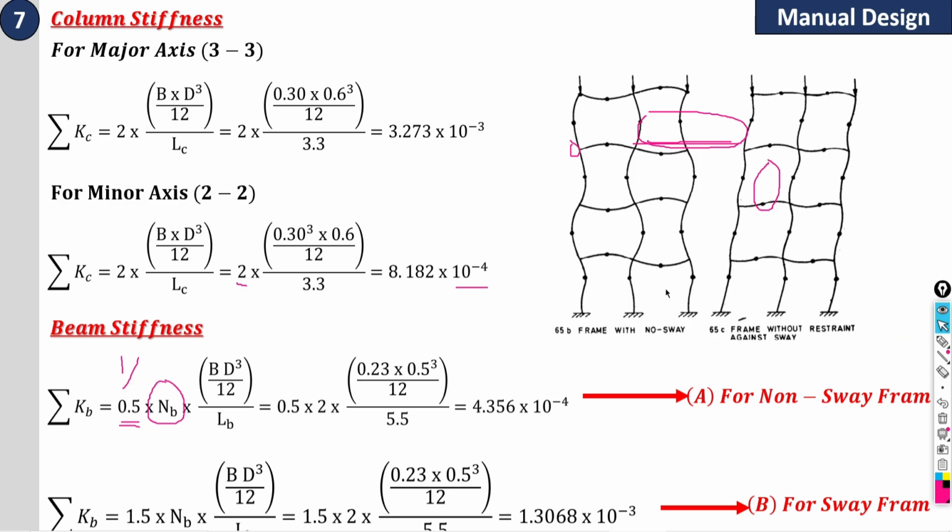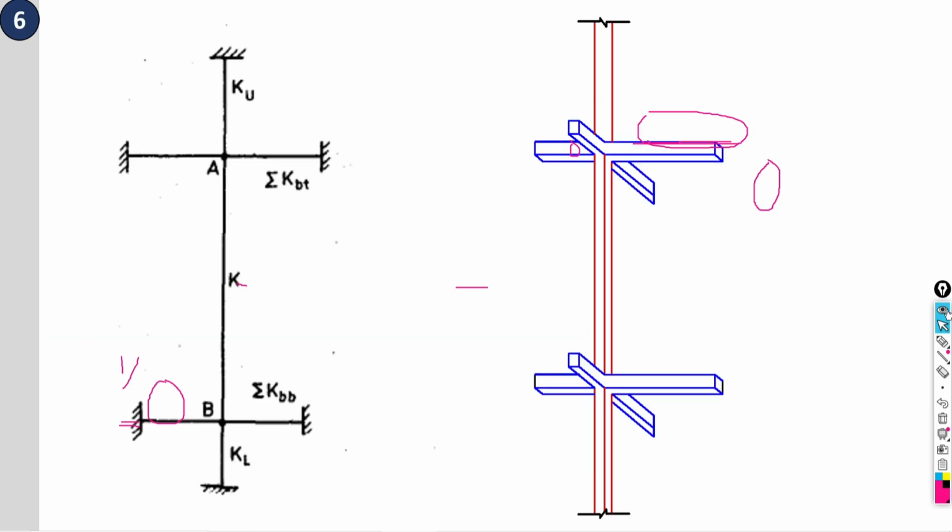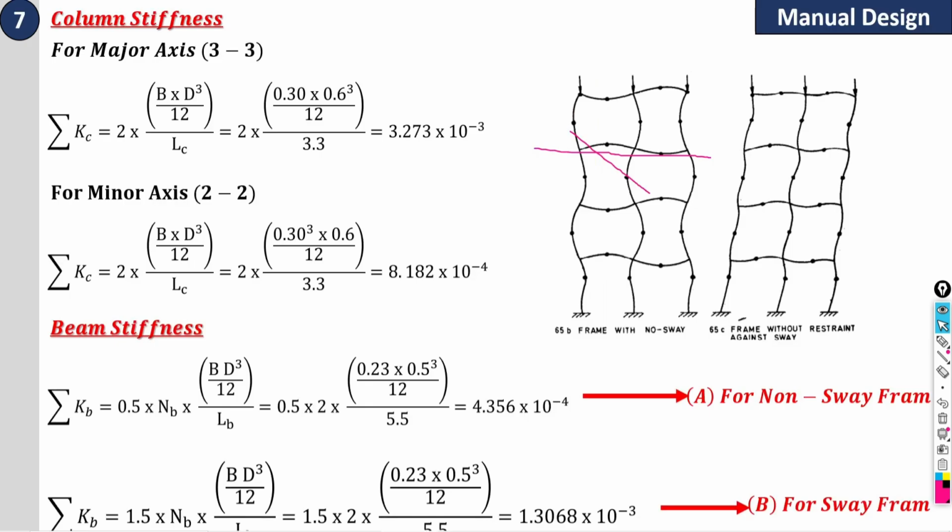Okay, so as in our proposed case, four beams are connecting to the column, but I am not going to consider the four beams. I am going to consider two beams. Why? In one direction, whether major direction or minor direction, whatever you are going to call, in any of the directions two beams are going to be connected with your column. So for one direction two beams, for the other direction two beams. So that's why the number of beams which is going to be connected to your column in a particular direction is going to become 2.